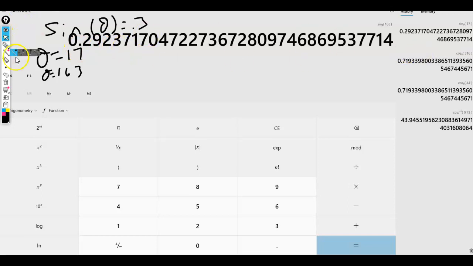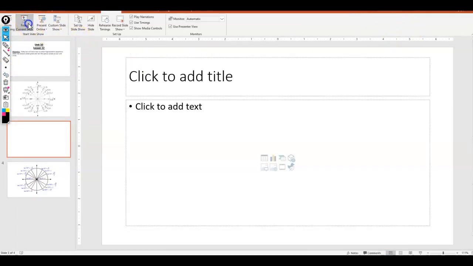Okay, so here, go back to our slide. And before I give you guys a student practice, I want to give you two more examples. Let's go ahead and do another one here. We'll call this B. We'll call the last one A. How about this one? Sine of theta is equal to negative